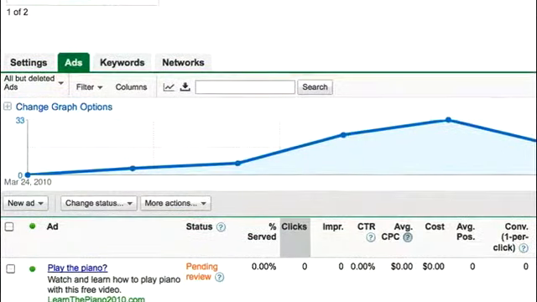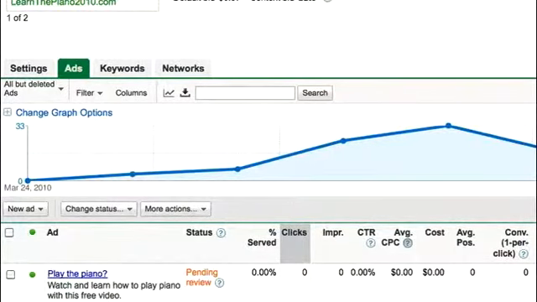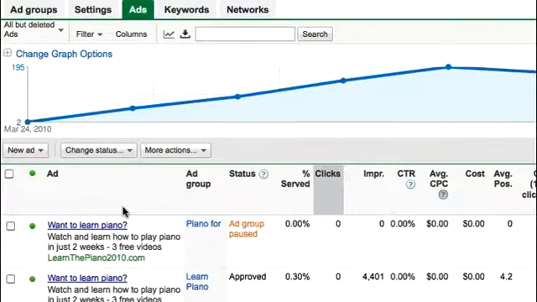So now we're going to go back, and you can do this for every single ad group and try to increase the ads by split testing the ones that aren't doing that well. All right, so we're going to go back to campaigns here. Let's see. Oops, here we go.